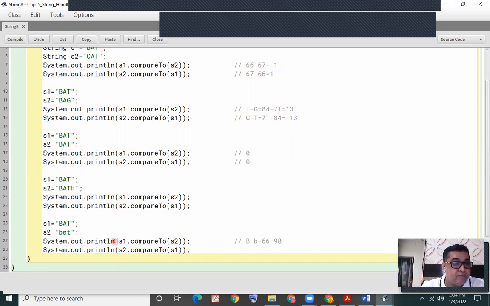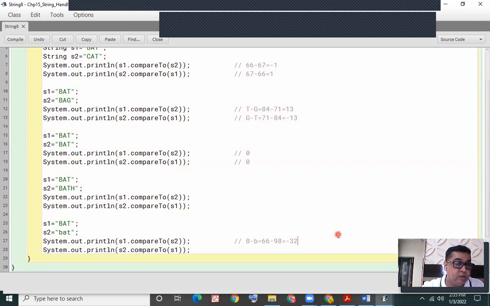Now if I'm calling the S1 dot compareTo method and giving S2 in brackets, the computer will compare capital B with small b, and the difference will be calculated like this: 66 minus 98, that would be minus 32, the difference.